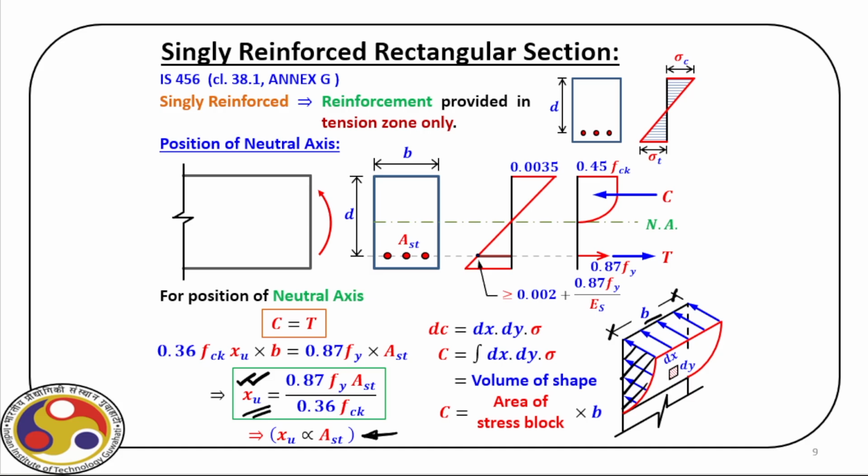Now, an under-reinforced section is preferable. The reason is steel is taking the maximum amount of tension, and because it is ductile, before failure it gives a region where plastic deformation will occur, and that actually helps the user of a structure to leave the structure before the structure collapses. On the other hand, if you have an over-reinforced section where the concrete fails, there you may have a brittle failure, and that fails all of a sudden, and the users will not get any time to leave the structure. We will see that as we progress in this design.